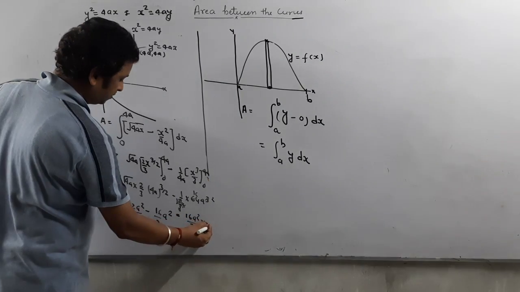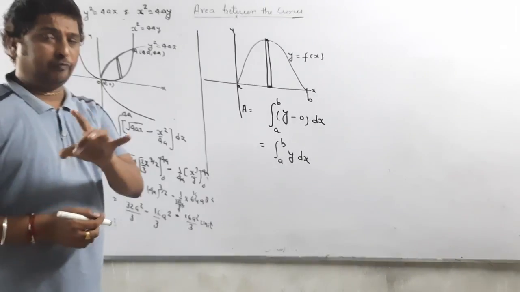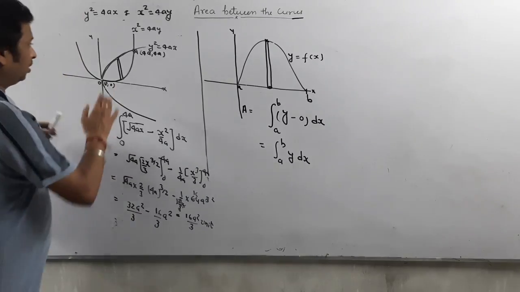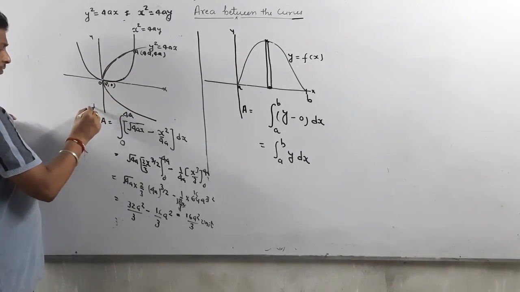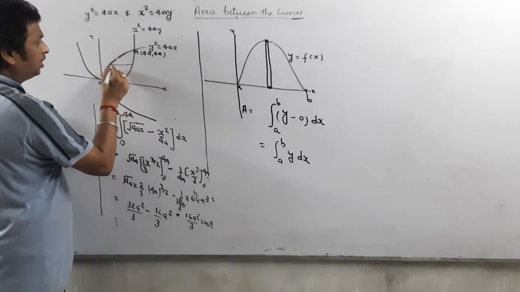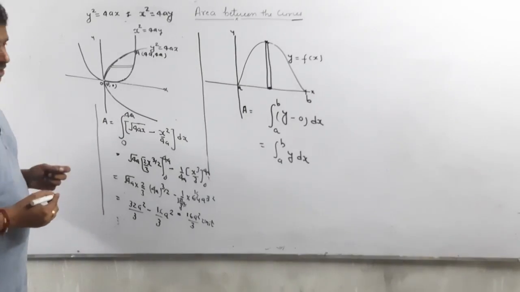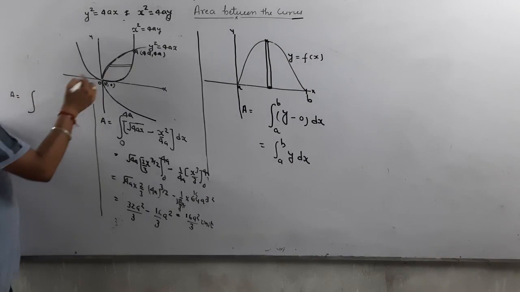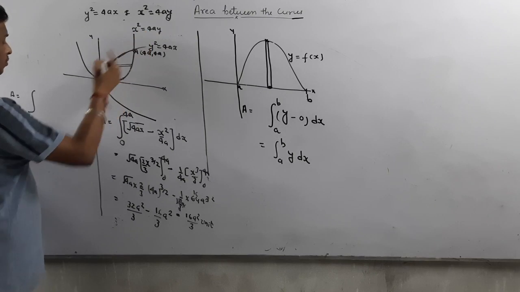We can calculate in this way. What happens if in this question we take a horizontal line? By another way I will explain. Horizontal line means just draw a horizontal line in the region. Now replace x by y. What is the area? x value at upper end. Upper end means here. What is the value?